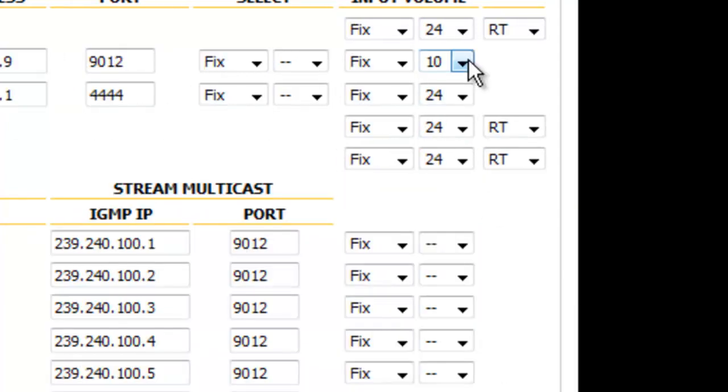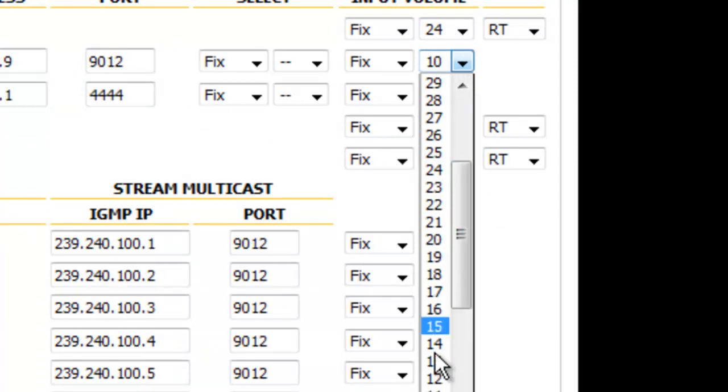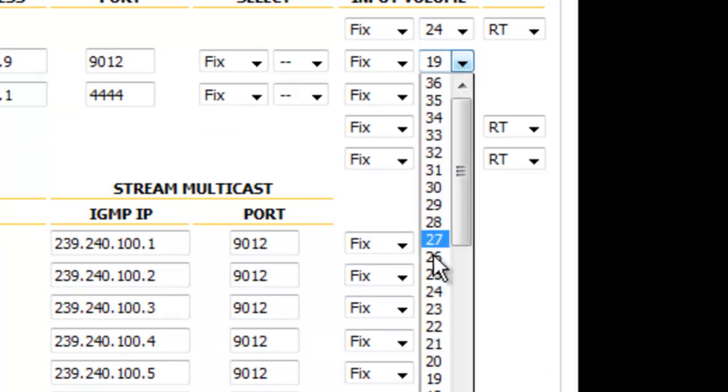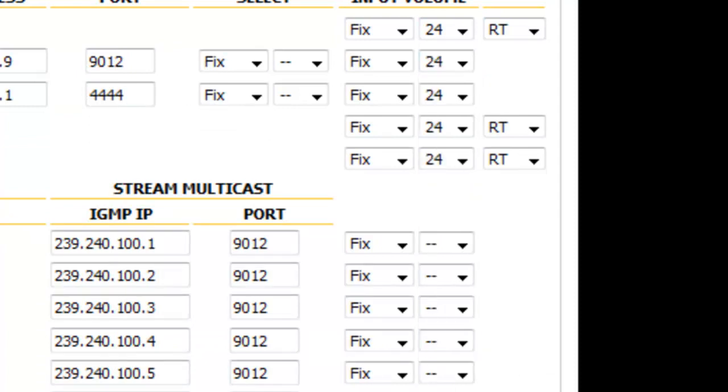There you go, and then increase a little bit more. And let's just take it up to say 19. There you go. And the default is 24, which is actually a very nice mid-range level for the stream. There you go. I will pause this.